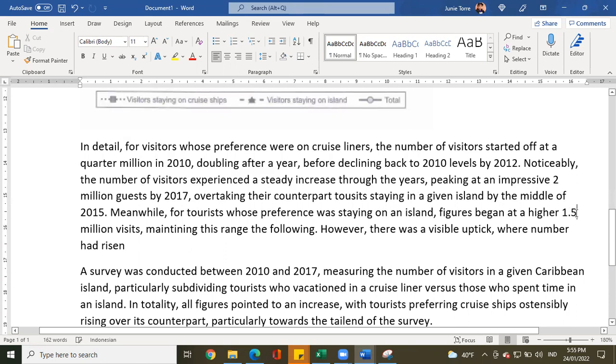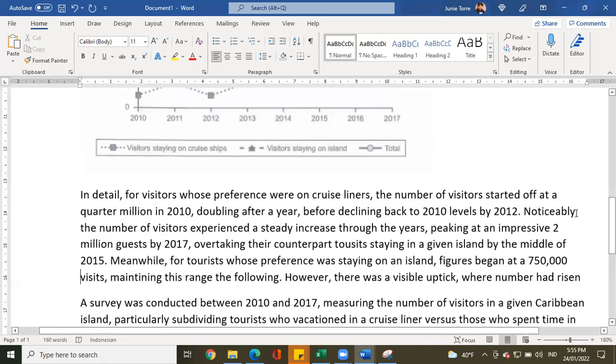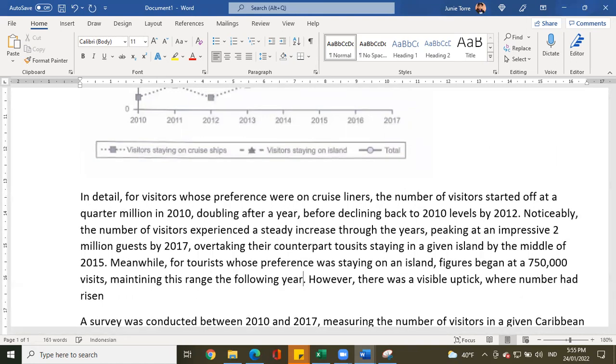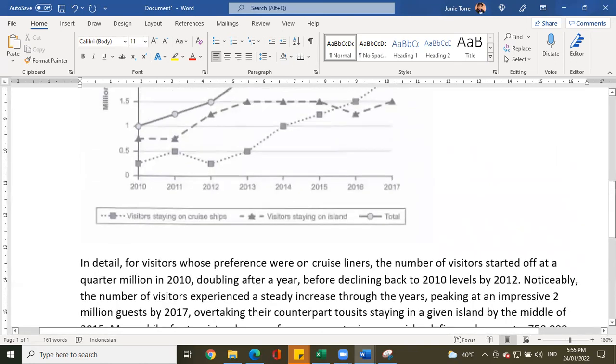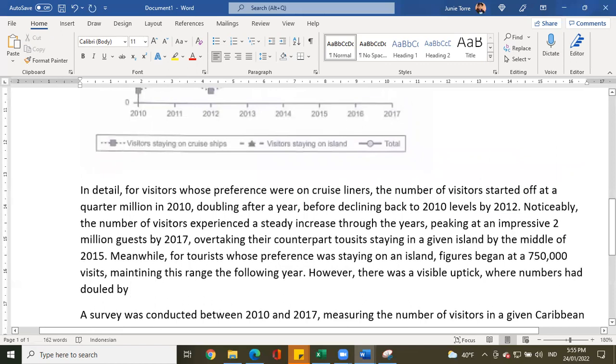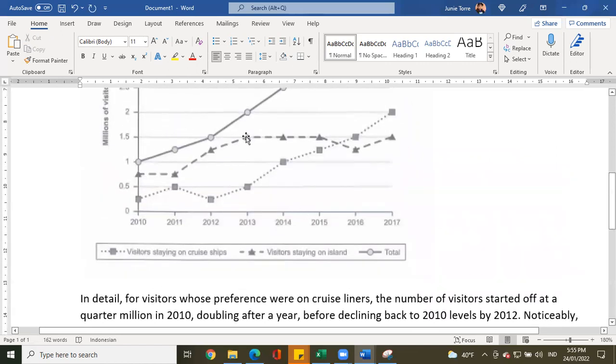Began at a higher 750,000 visits there. Maintaining this range the following year. Okay. However, there was a visible uptick where numbers had risen and where numbers had doubled. By, tama ba? Doubled, because 1.5 million, no? By 2013,